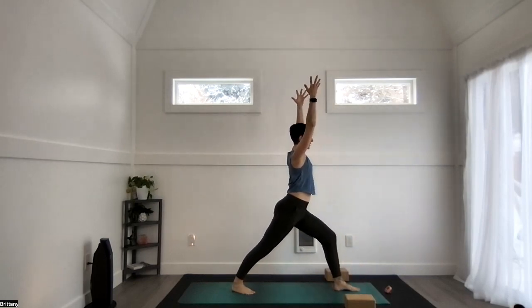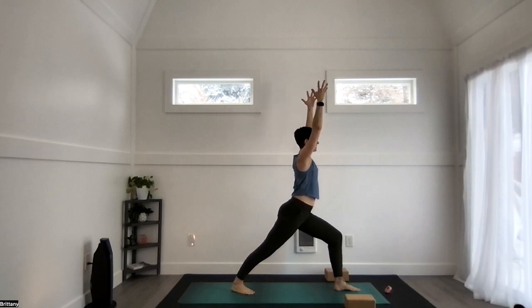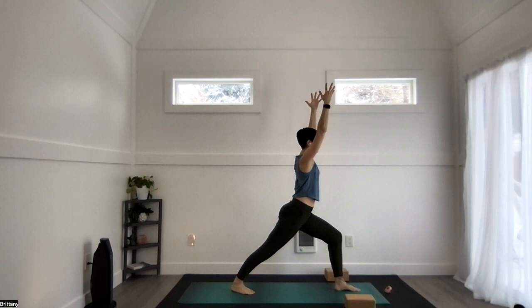See one thing out in front of you, breathe in. Press into the back heel as you lunge as deep as you can right here. Inhale, stretch the fingertips high towards the ceiling. Eagle,